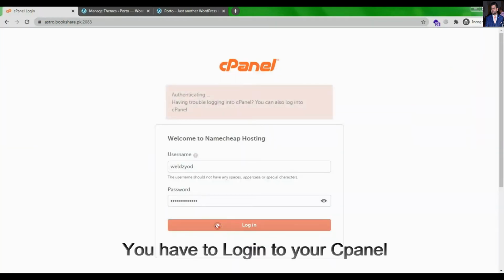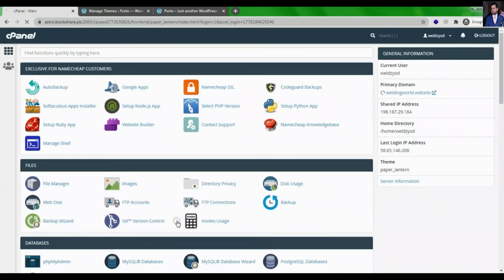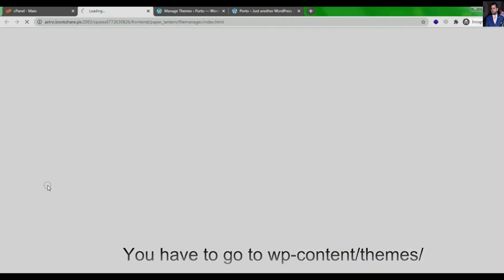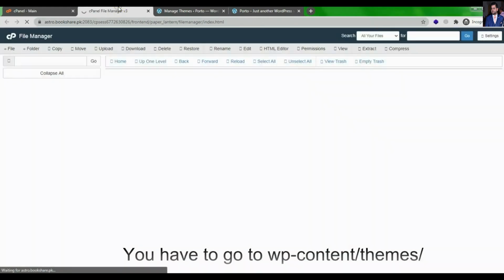First, you have to log into your cPanel. You have to go to WP Content Themes.